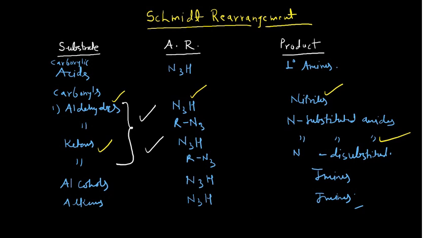So I have completed these reactions of the nitrogen, right? Reactions of the nitrogen, especially your rearrangement kind of things. So in this series I have completed your Hofmann bromamide reaction, your Curtius reaction, your Lossen rearrangement, and your Schmidt rearrangement. Okay, very, very important. So in the next class I will take another name reaction for your competitive examination. I hope you understood the things completely.